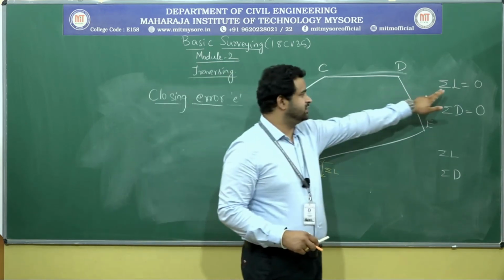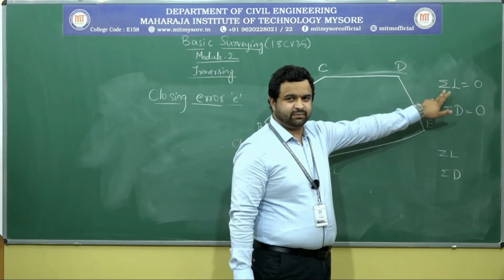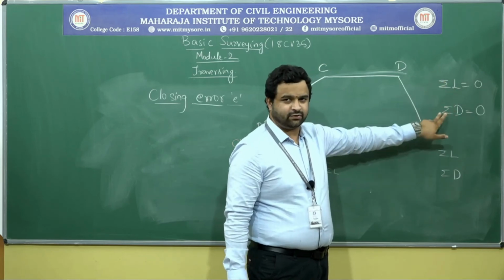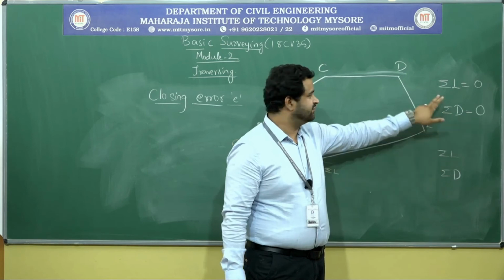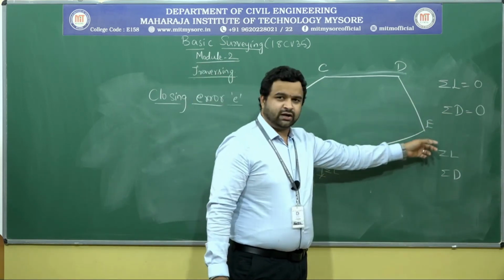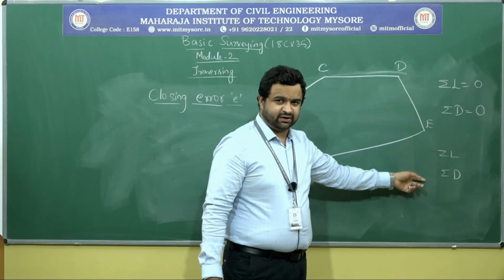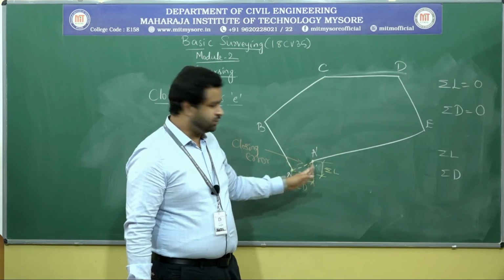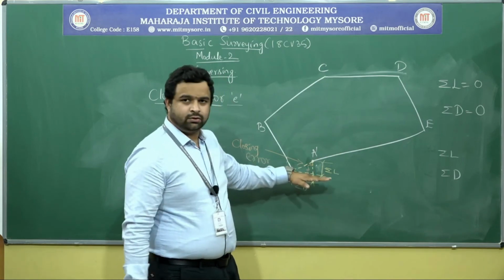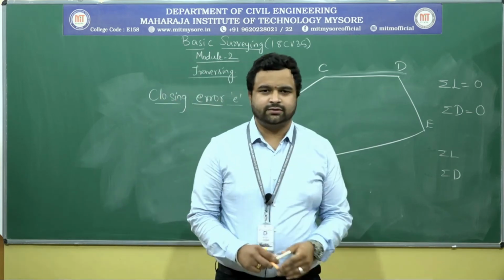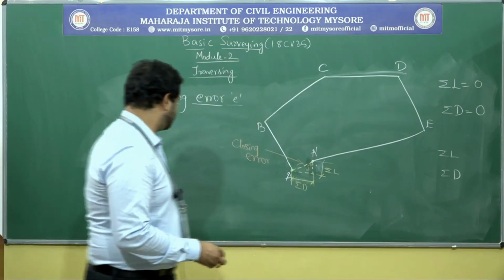you should calculate the summation of all the latitudes and the departures, and if the sum of all the latitudes is equal to 0 and the sum of all the departures is equal to 0, then we can say that there is no error. And we should also calculate the summation of all the latitudes and departures, and these will be the components of the error E parallel to and perpendicular to the meridian or the reference meridian. Okay. So now how can you calculate this closing error?